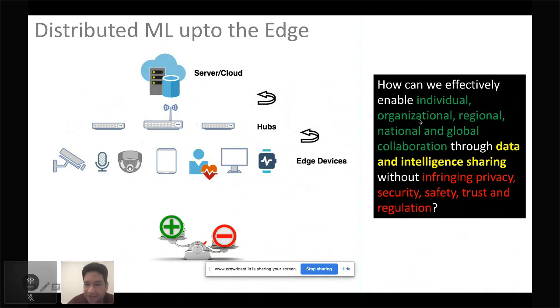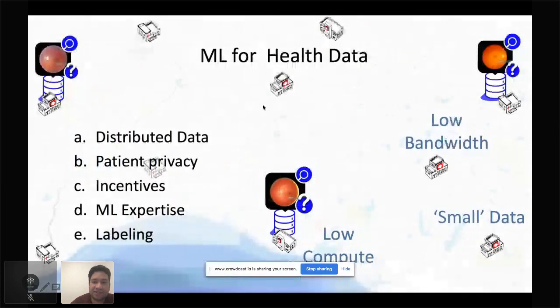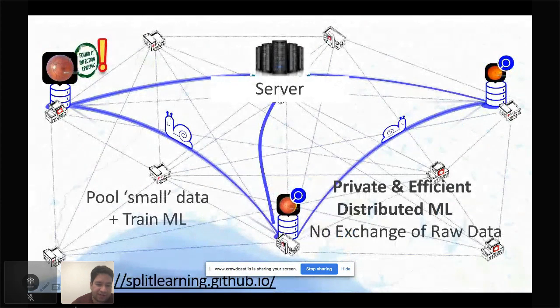So there are three key things here. One is collaboration at different levels. There's data and intelligence sharing, and there's making sure the constraints are satisfied. The other unspoken thing is how can we do it effectively? So you don't want to spend all your data plan or spend a ton of dollars on maintaining data centers, for example. How do you make sure it can trickle right down to the edge devices up to the larger devices? So this is the setting, and that's the project page website, by the way. But for the code, you can reach out to us, or you can also look at the tutorials that are open source on PySyft.